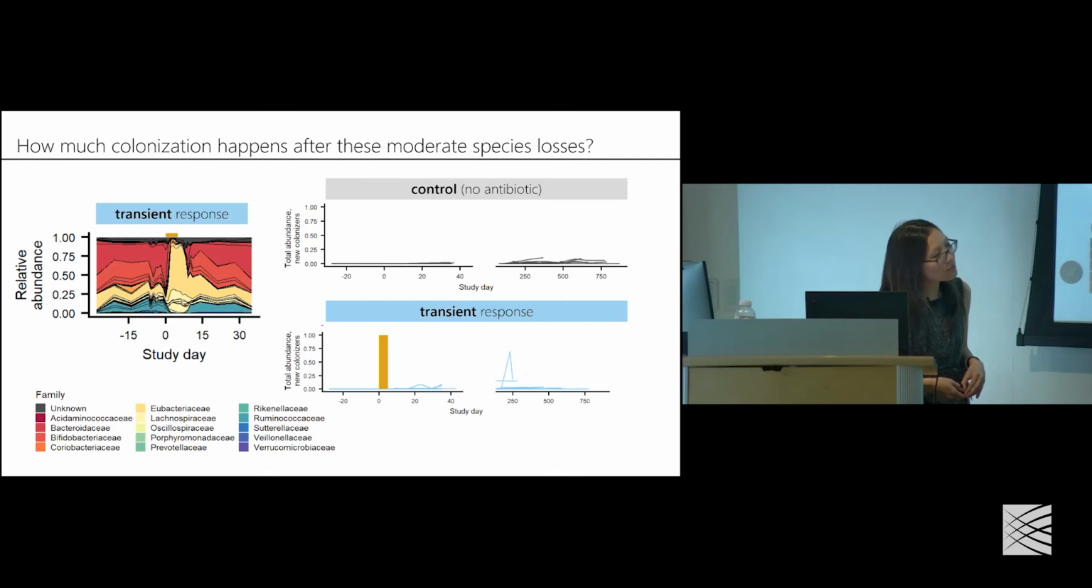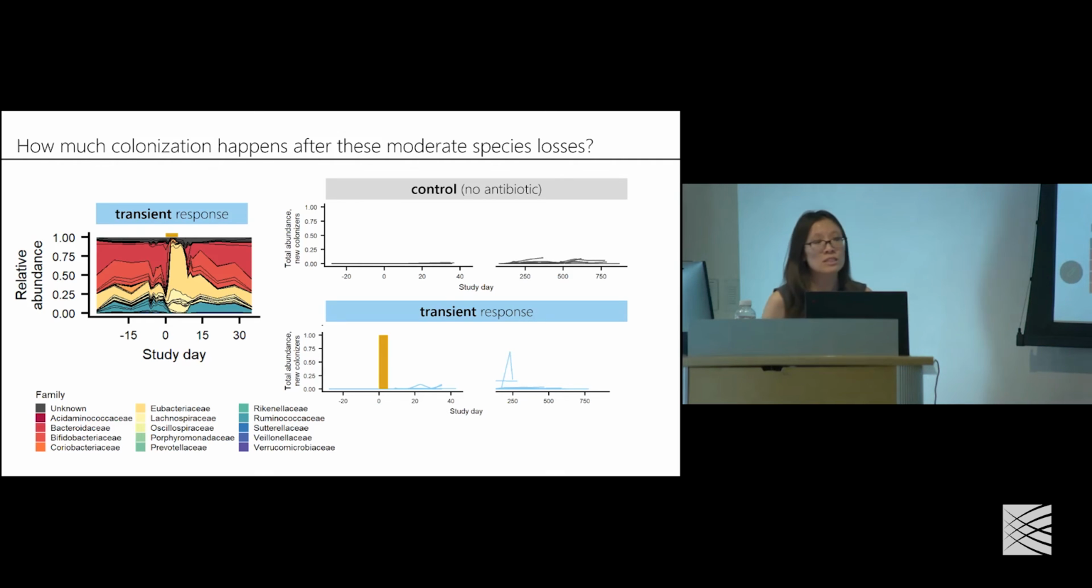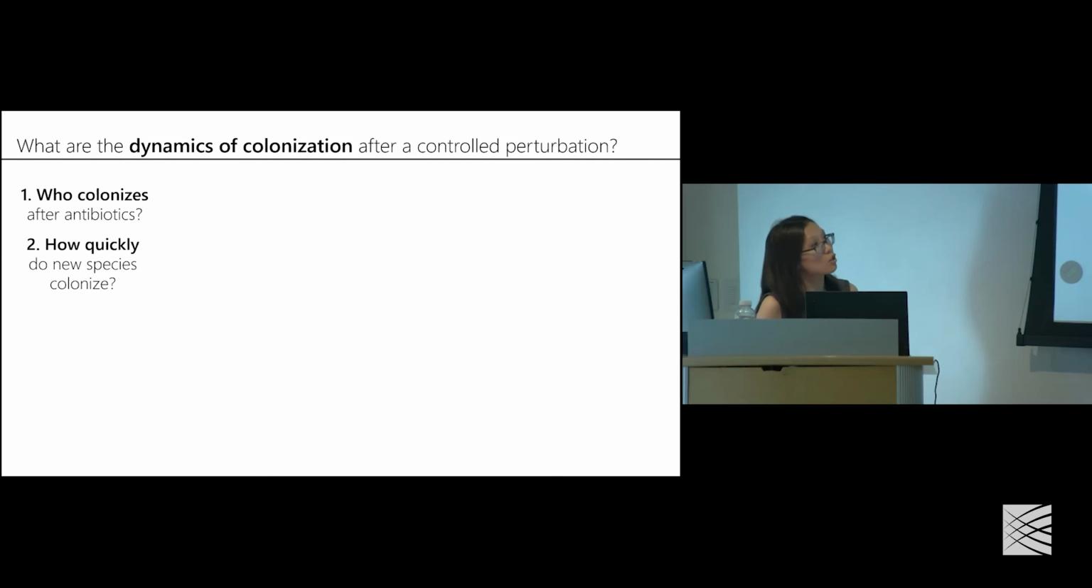If we look over longer timescales as well, we continue to see that colonization is limited even after this antibiotic perturbation. We do have two subjects who each acquire one high frequency strain or species, but overall, this population actually looks very similar to the controls who didn't take antibiotics at all. And so this is really interesting because it suggests to us that in about 3/4 of the subjects who take antibiotics, we see